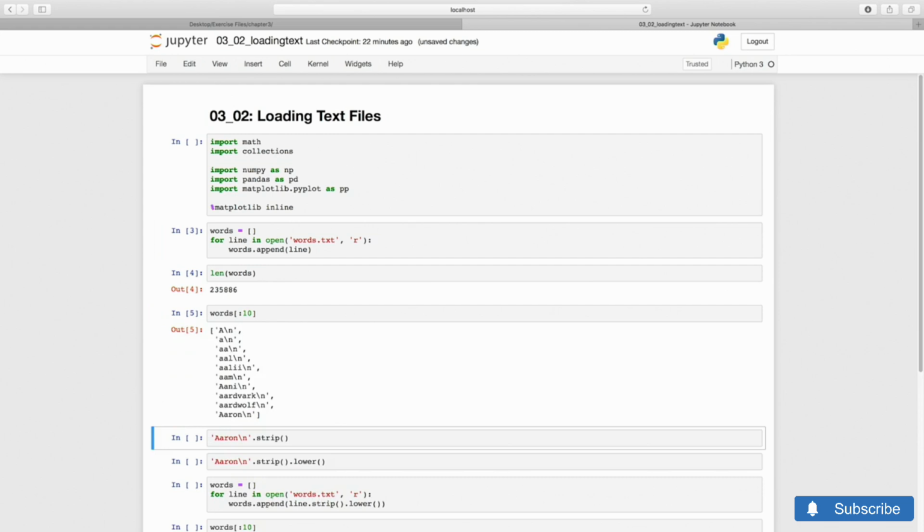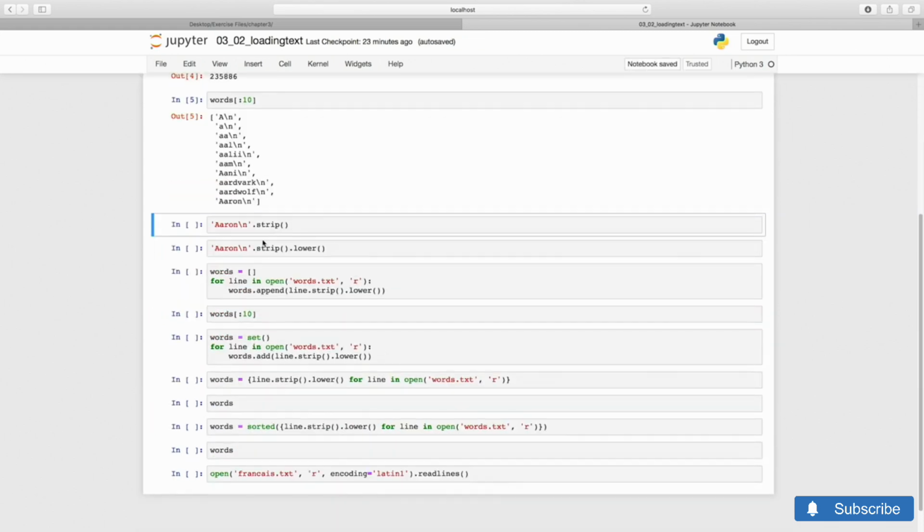That's good. I see two problems though. Every word ends in the new line character, denoted in C and in Python as \n. Also, some of the words are capitalized, which will interfere with our scheme of computing signatures. We can fix both issues using Python string methods.